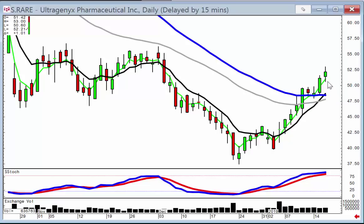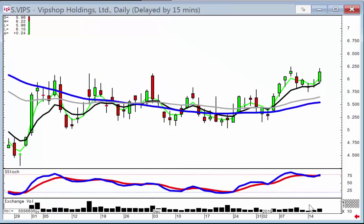Essentially, candlestick signals, you're looking for buy signals in the oversold area. Candlestick patterns, usually the stochastics are already in the overbought area, but you can gauge how far your next price move is. Very simple rule. Wave 1 and wave 3 are usually the same magnitude. So using that logic, we can see that in VIPS, a J-hook pattern, using the T-line as support, has the